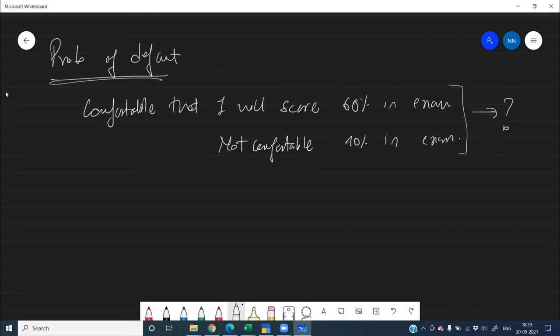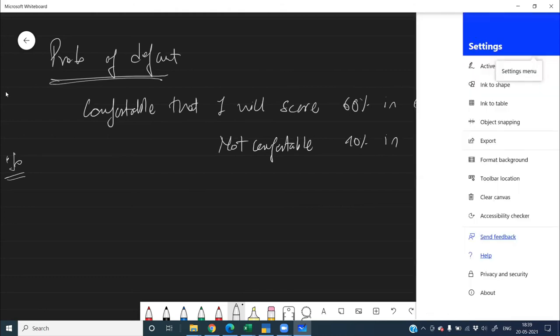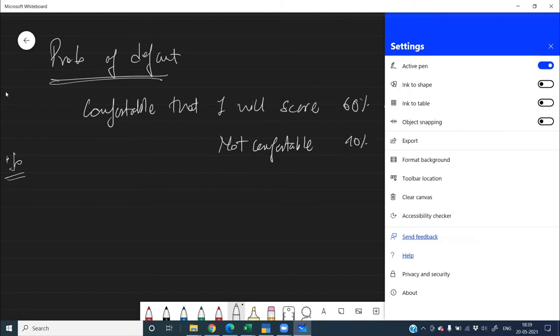सर अगर मैं बोलता हूँ कि मैं 60% स्कोर करूंगा एग्जाम में, मतलब मैं 40% स्कोर नहीं करूंगा, क्योंकि एग्जाम तो 100 मार्क, परसेंटेज तो 100 पे होता है सब. Yes. Okay, if I'm comfortable that I'm saying in exam I'm surely going to get 60 marks, then what I'm sure is I'm not going to get 40 marks. Yes, that's right. So if this logic is clear, then we can start our discussion of this particular sum that we have. Okay.